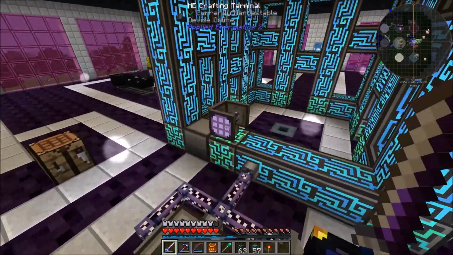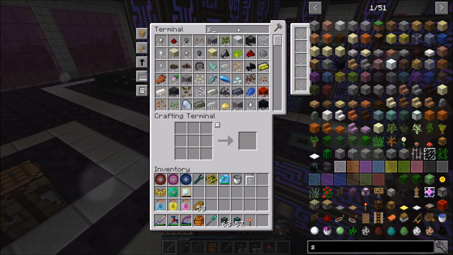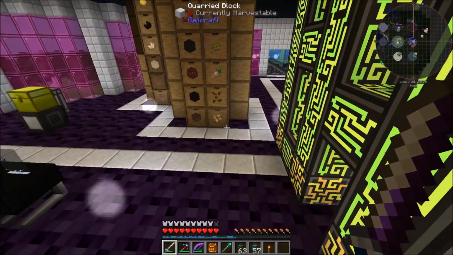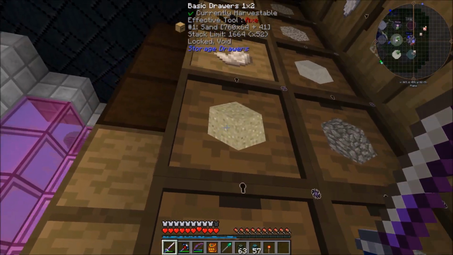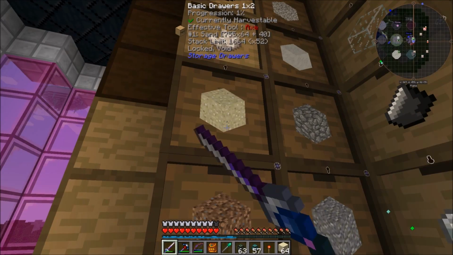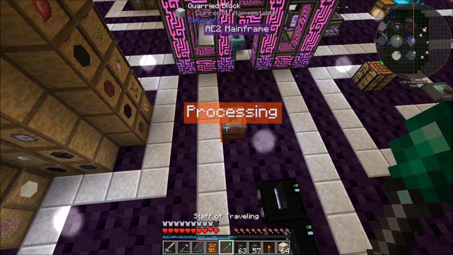Good stuff. So now we should have soul sand coming in. I mean, it's not... Well, we're already up to 98. Of course, I did throw a bunch of sand in there. And I tell you what, to help us kind of jumpstart our soul sand setup, I'm just going to grab a bit of sand and throw it in the...